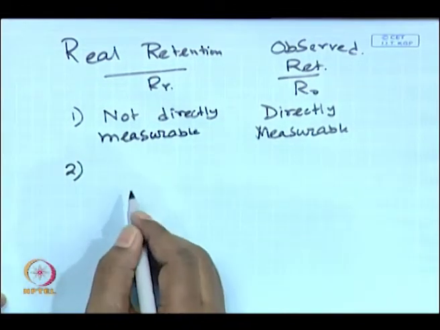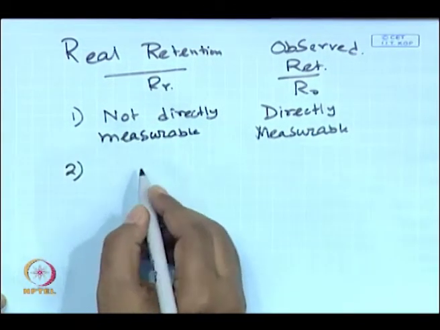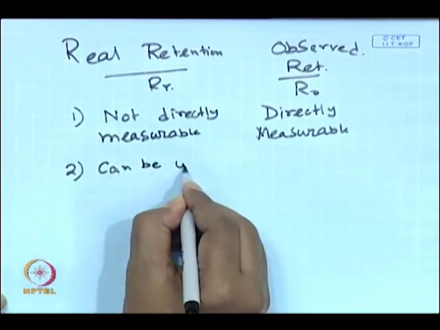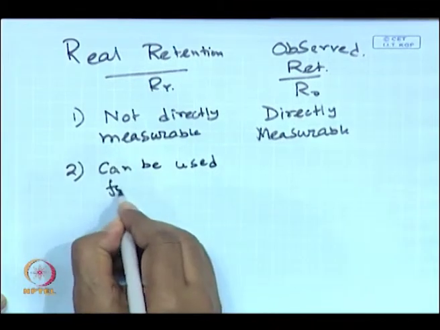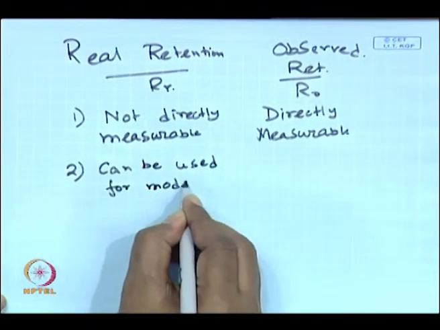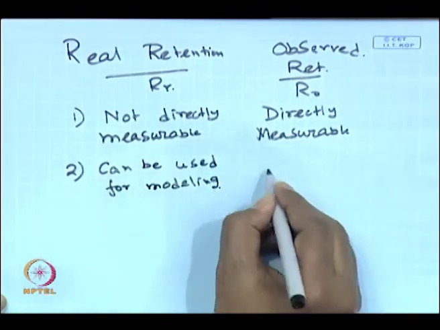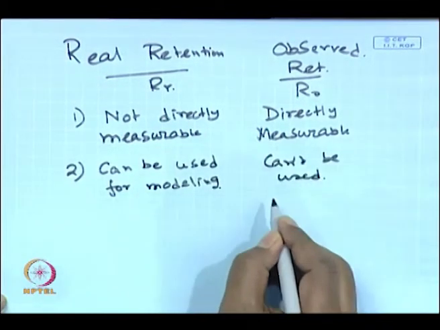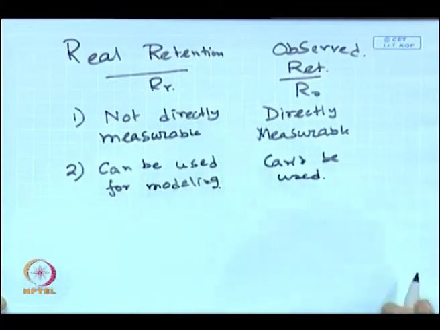Second one is that observed retention can be used for modeling purposes, real retention cannot be used for modeling purposes, simply because